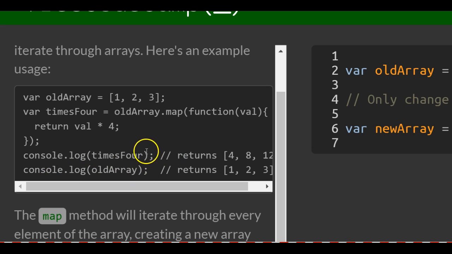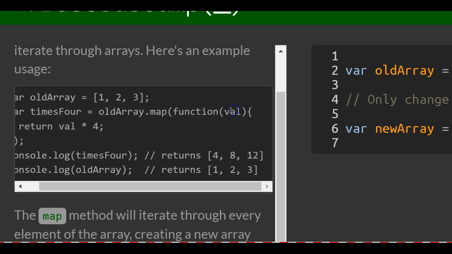So by just looking at this, it seems that it will not change the original array. This parameter val is kind of like our counter, in my eyes, like when we do a for loop and we initialize our counter. Usually we call it i, and it's usually 0, and it goes through the array as long as the condition is true. So it looks like to me with map, our parameter val is in charge of